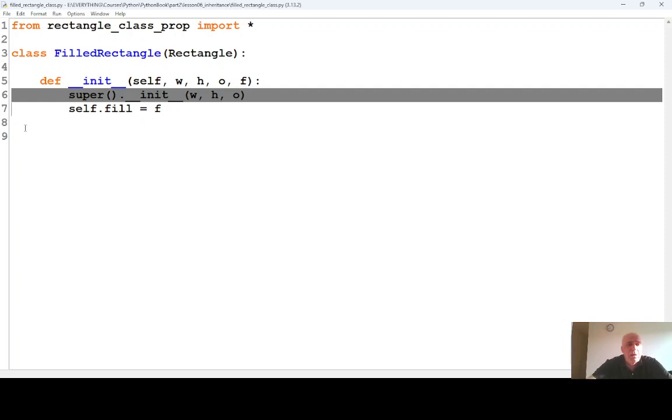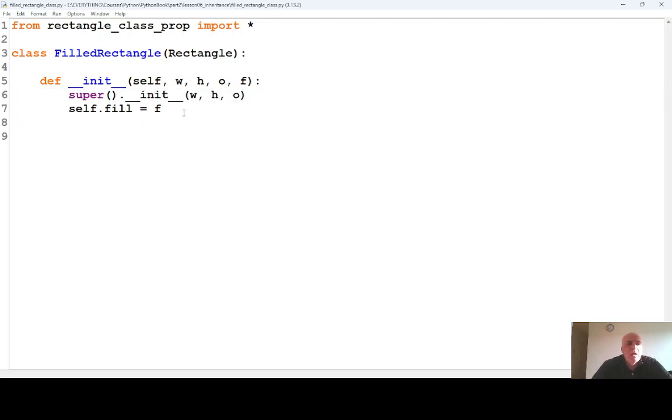Whenever you start a child constructor, you have to first call the parent constructor using the super keyword and providing all the parameters that